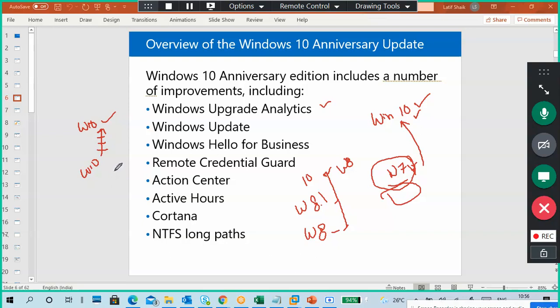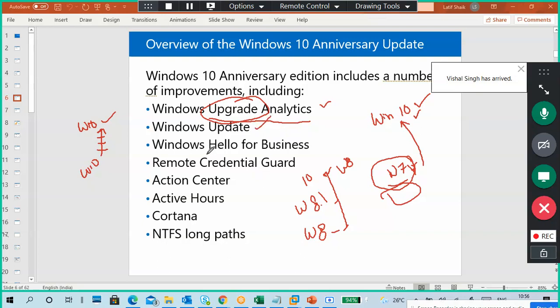Okay, so free upgrade. If a new build version is available, this upgrade feature upgrades our Windows 10 from a lower build version to a higher build version, or from a lower version to Windows 10. So that is its usage.